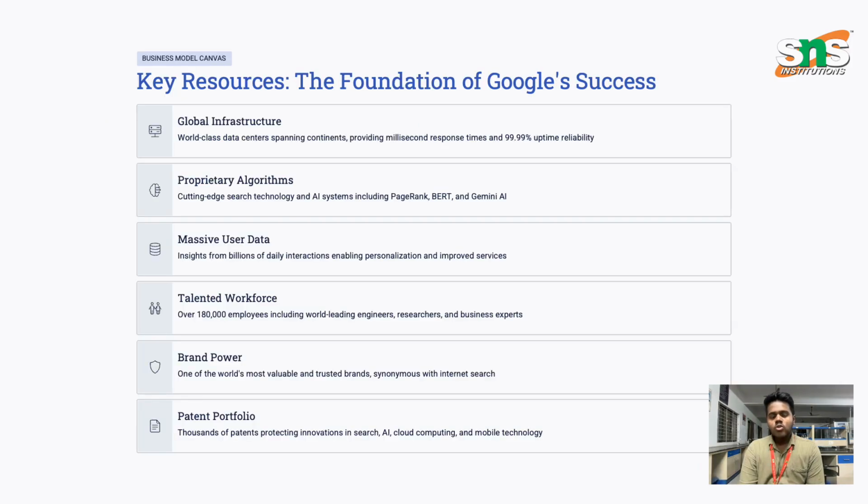Yeah, this is Ritvik, who's going to speak about key activities and key partners. So Google's key partners include device manufacturers like Samsung, Realme, Xiaomi, and other companies who give hardware to run their Android OS. Google also partners with advertisers and marketing agencies for their Google Ads services.